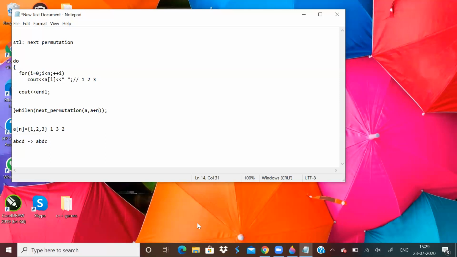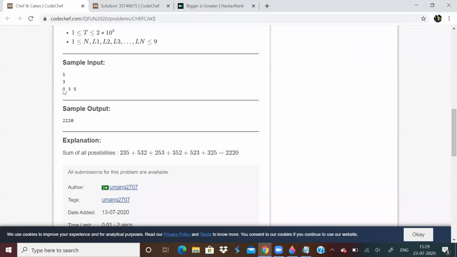So it is helpful in this example also. Basically, we just have to find all possible permutations of these three numbers, as the numbers formed over here are permutations of these three numbers only, and then just find the sum.